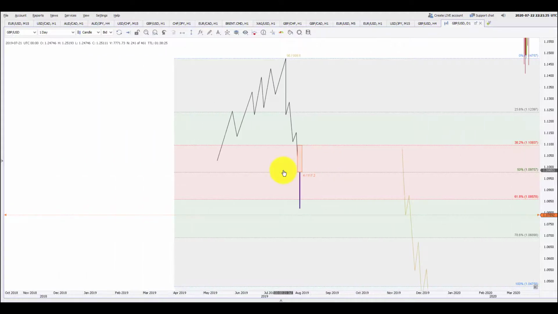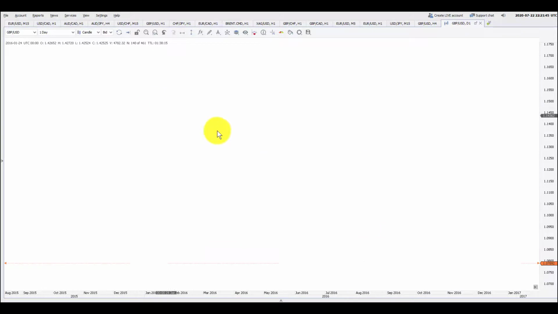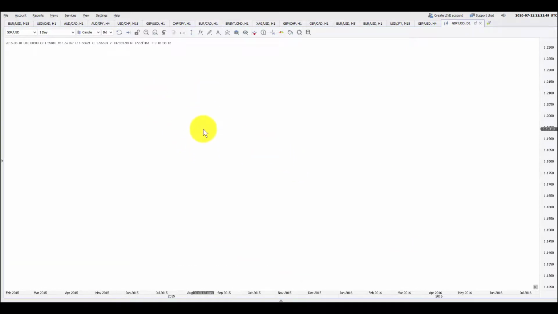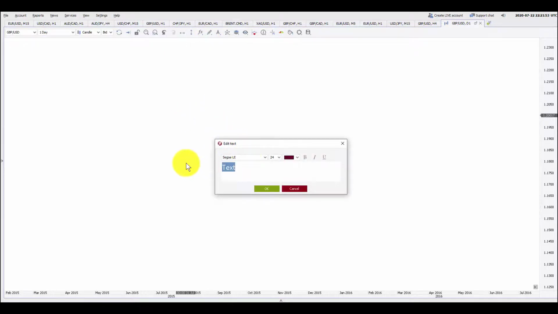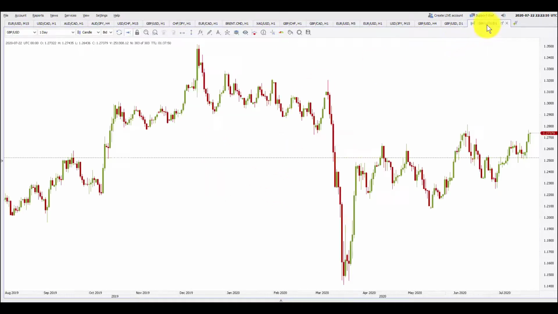In the next video I will try to show you some examples of bullish pin bars from the live market, but I have to tell you that if you are taking the reversal trades, then you have to take them from the key levels. Now what are those key levels? Key levels, well, they are weekly support and resistances. Now how to draw weekly supports and resistances I have already described, but just to give you one example,